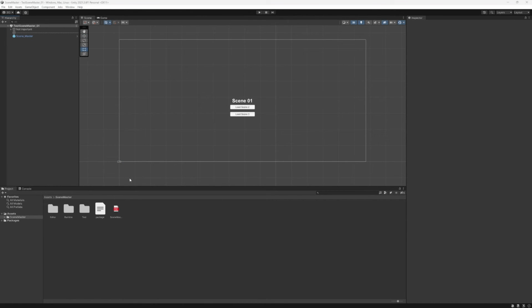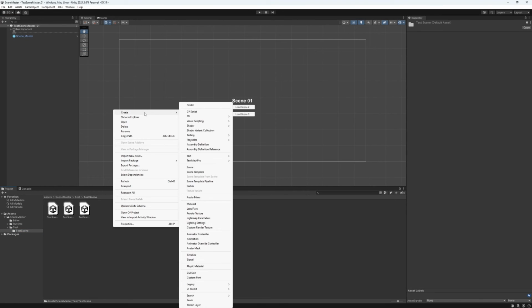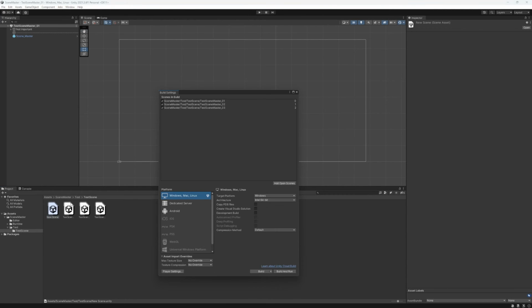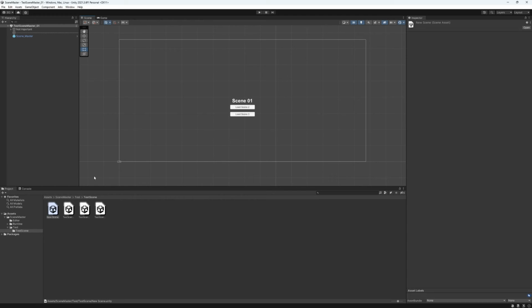So now imagine you want to add another scene. You can simply create a new one. And now we are going to add this scene to the build settings. So let's open the build settings and add it. That is so the tool can refresh the scenes. So now go back to the Scene Master,